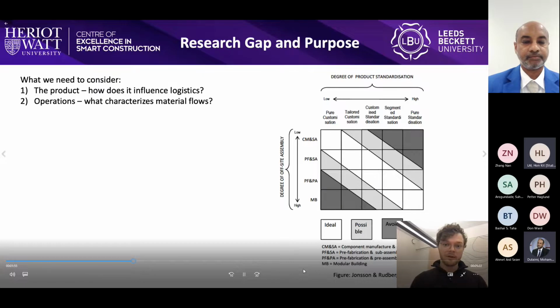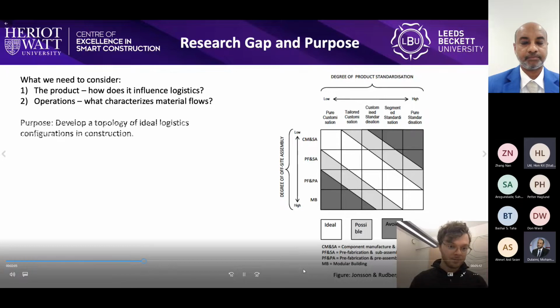Jonsson and Rubel developed a production system classification matrix where the feasibility of a production system depends on the degree of product standardization. Likewise, a contractor's configuration of logistics strategy and structural elements need to align with the type of production system and degree of product standardization. So the purpose of this paper is to develop a typology of such ideal logistics configurations